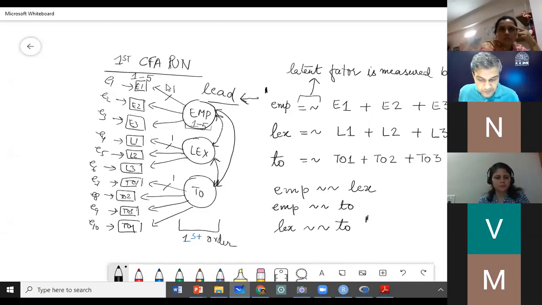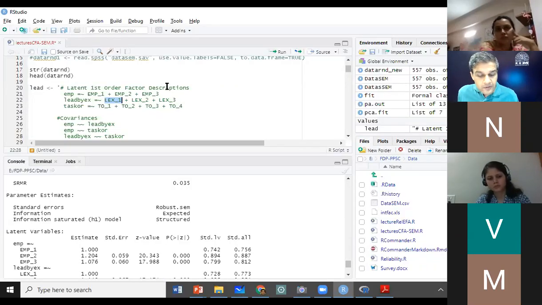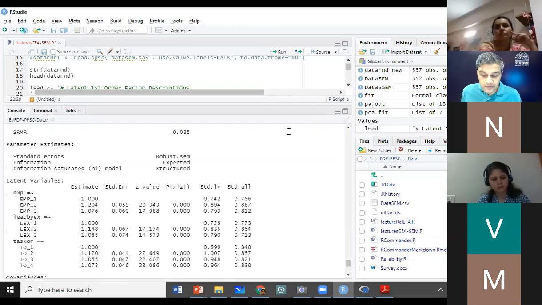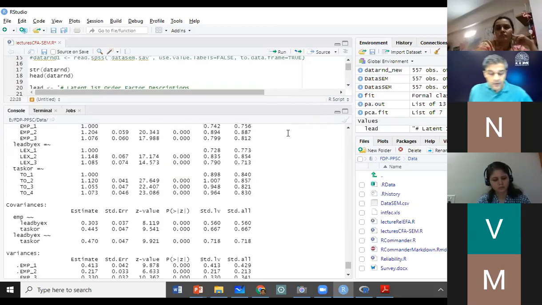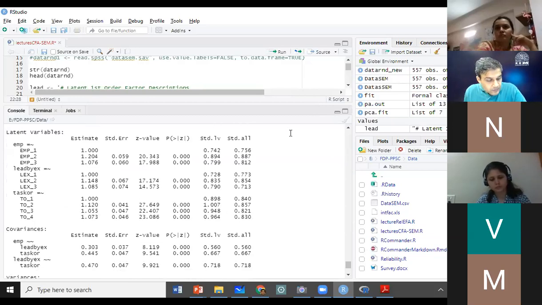And one more small question, sir. When we are considering a reflective construct for including that in the CFA, is 2 or is 3 the minimum number of items that should be attached to it? A very good question. We should have a minimum of 3 items per latent construct.